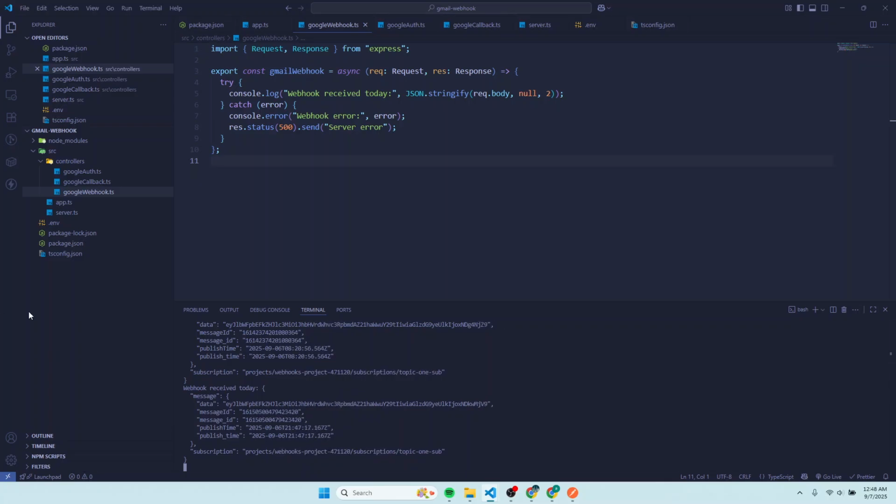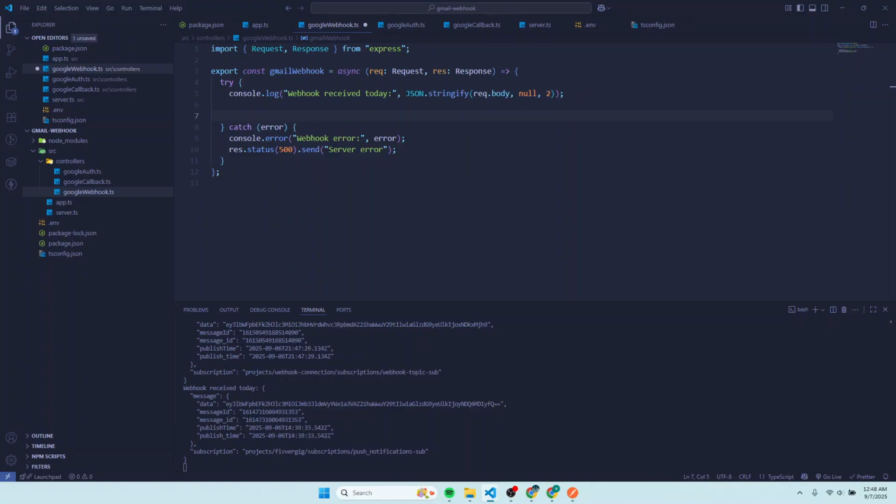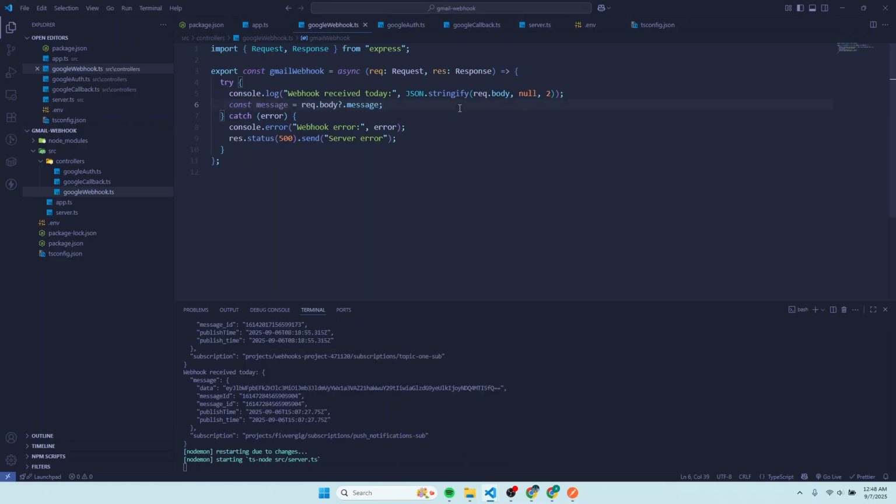After getting our data through this JSON string file, we actually need to put that in a variable, and I'll probably just call this message. So message is going to be request.body.message, and then